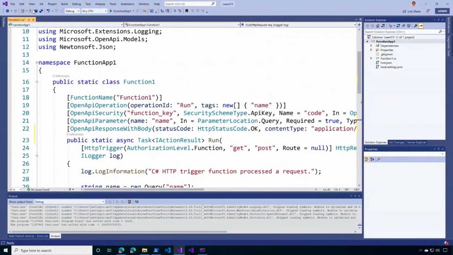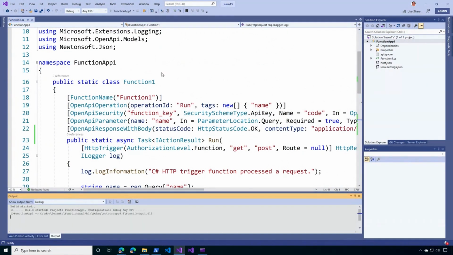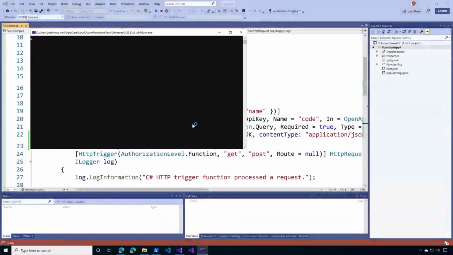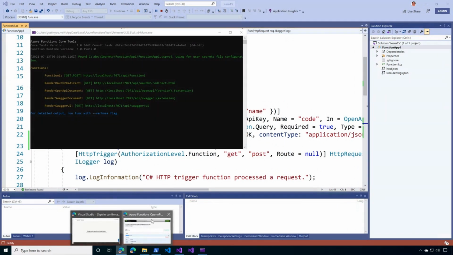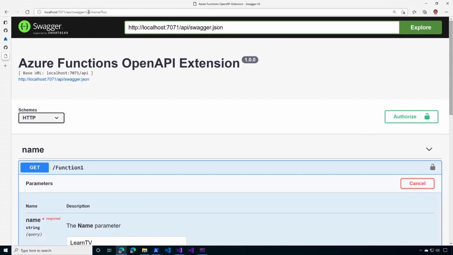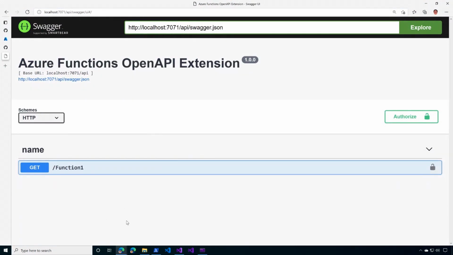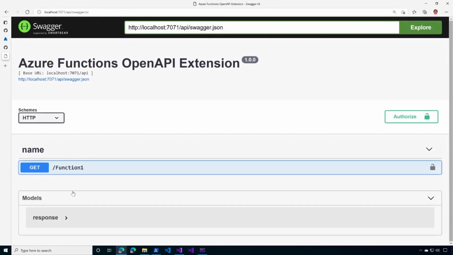So now I'm going to build this function again. Then it will display something different. So it's built again. Now I'm back to the UI side, and as you can see here, there is nothing under the function endpoint name. So if I change this value, change this page now, you will be able to see the